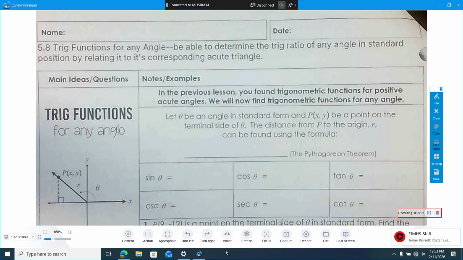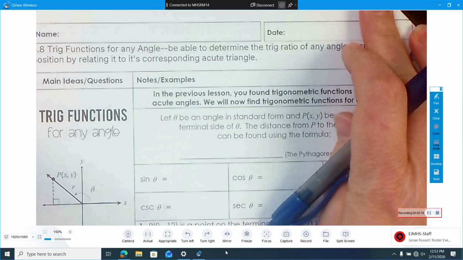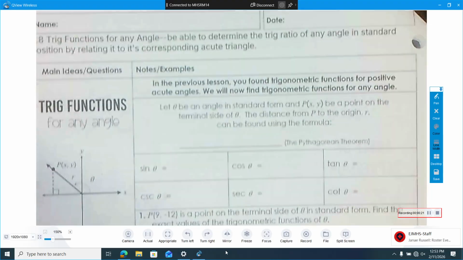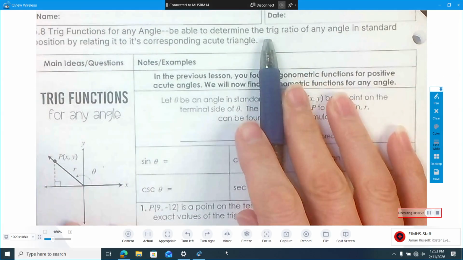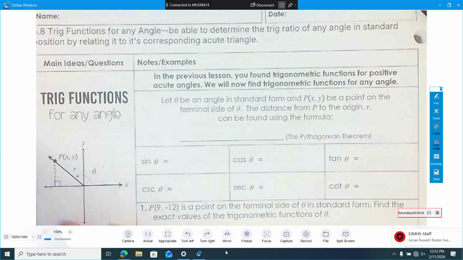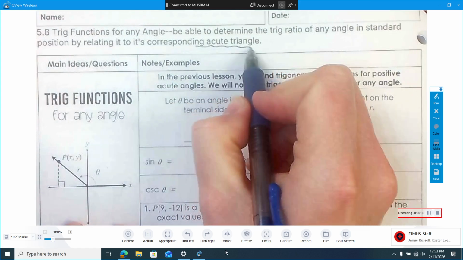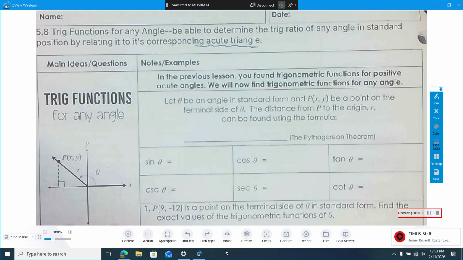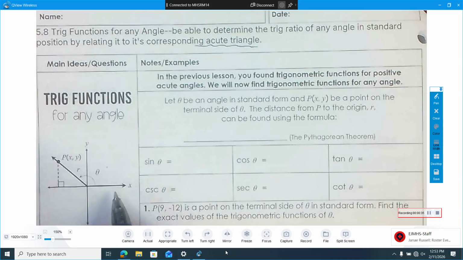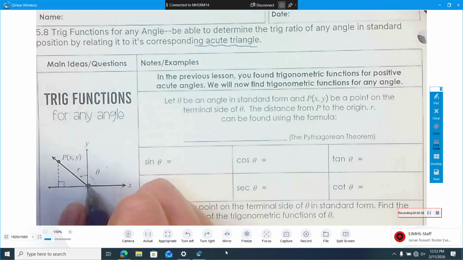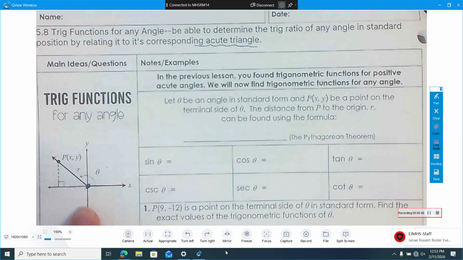Okay, today we are doing trig functions for any angle. And again, I really want you to be drawing pictures as you do this stuff. We want to be able to determine the trig ratio of any angle in standard position by relating it to its corresponding acute triangle. And so what happens here is we have an angle on the XY coordinate plane, and